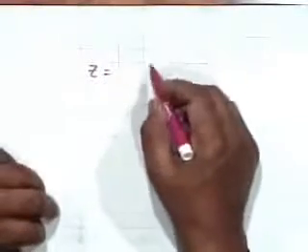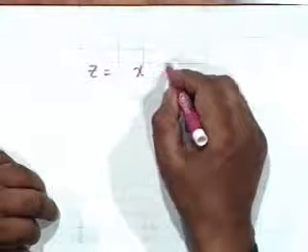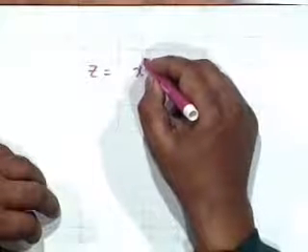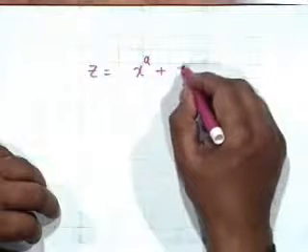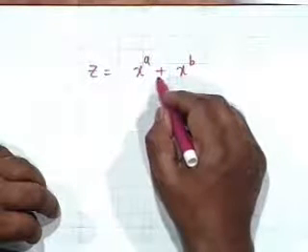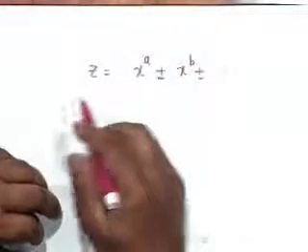That is, if z is equal to x a plus x b, and so on, a number of random processes,